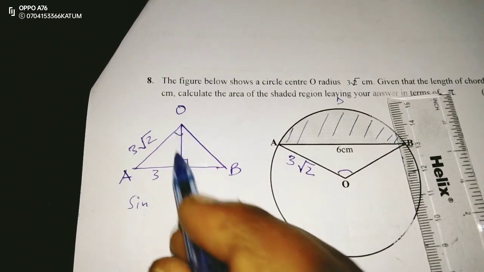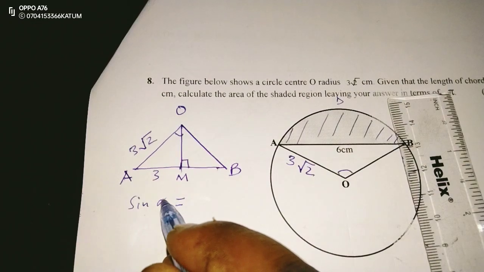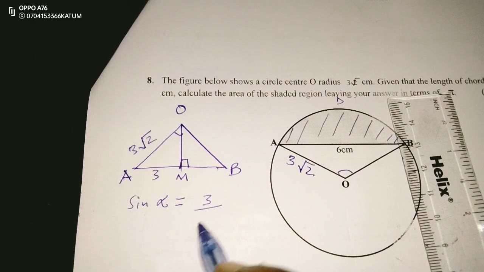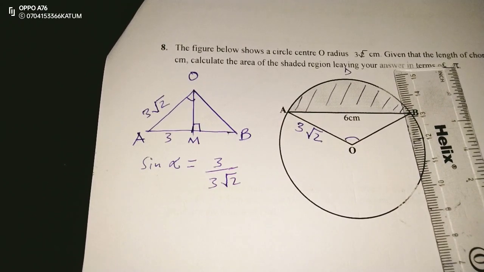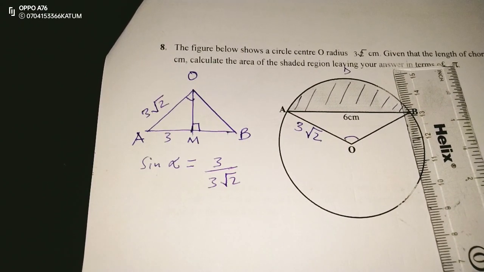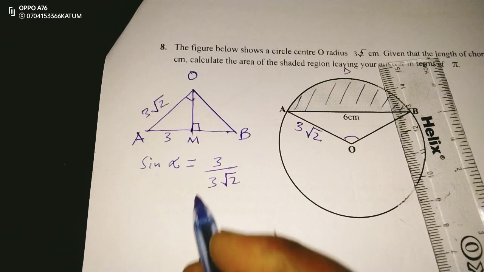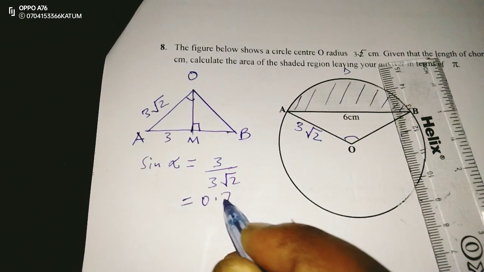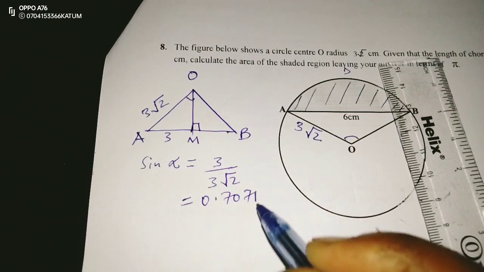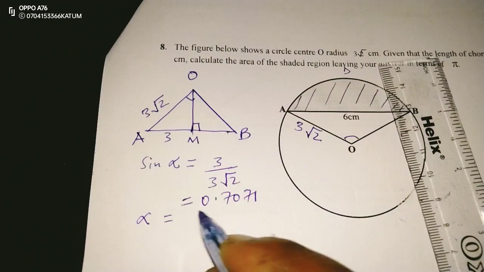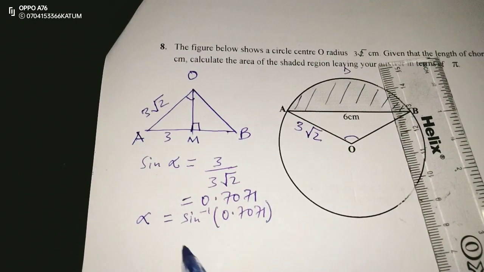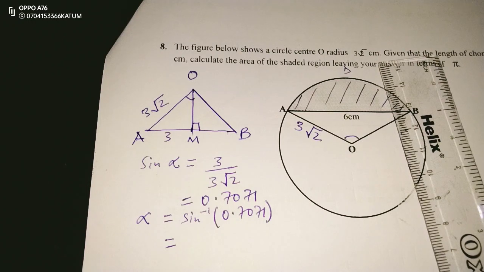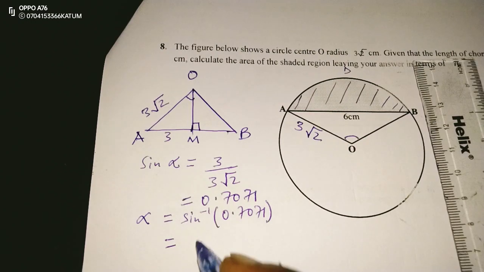The sine of the angle here, which is unknown, sine is given by opposite over hypotenuse. So 3 divided by 3 root 2. This is basically going to give us 0.7071. So that for us to get the angle, we need the sine inverse of this value. So in my calculator, I just need to sine inverse or shift sine this value, and this is giving us